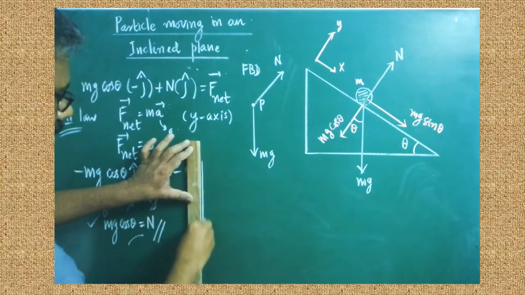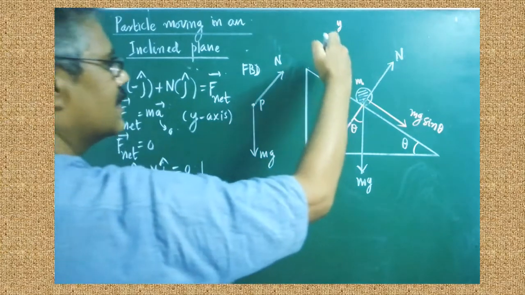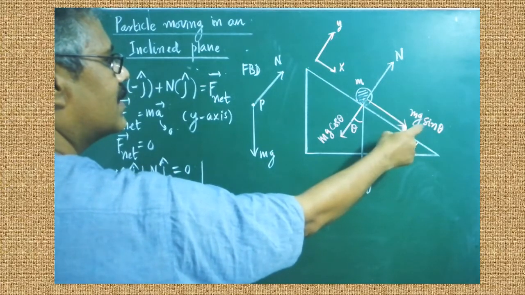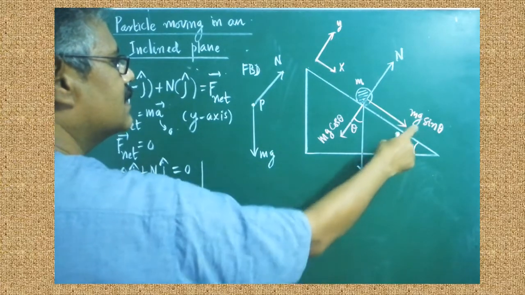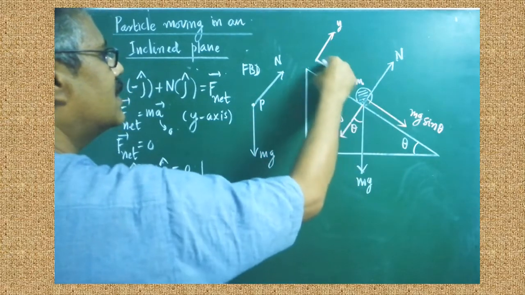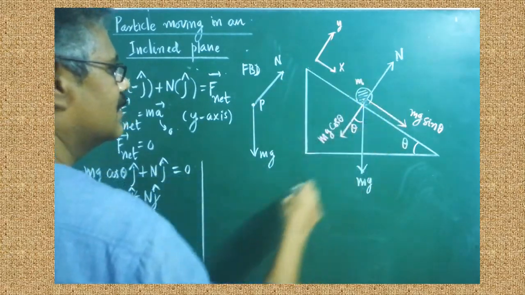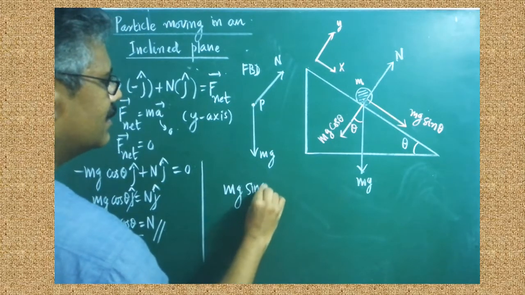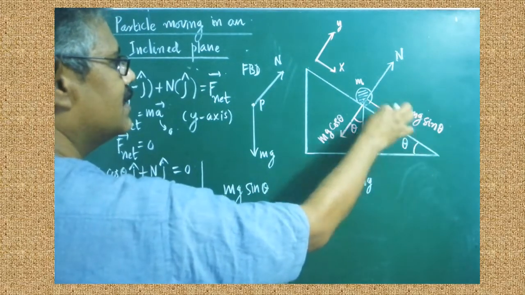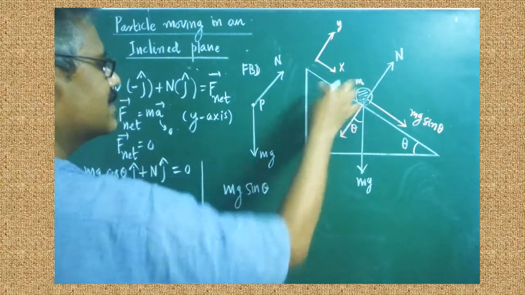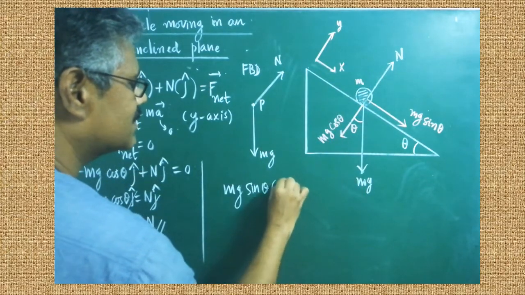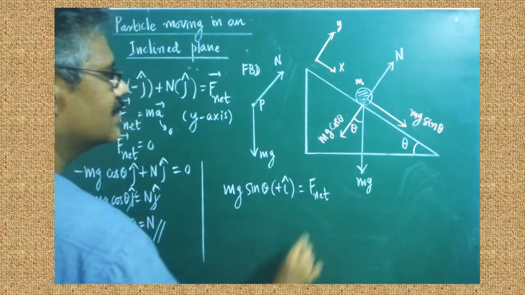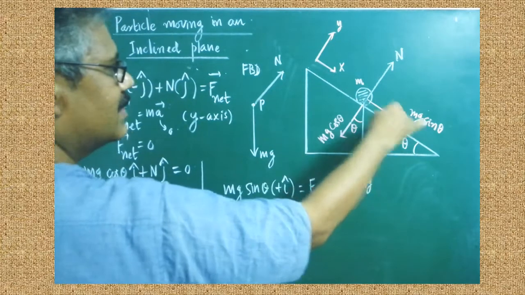Now we are going to learn, is there any movement along the x direction? Look at which component? The vertical component of mg is given. No, this is the vertical component. Look at the force along the x direction. Therefore I can write it as mg sin theta. This force component is acting in which direction? Positive x direction. Therefore we can write it as plus i cap. Is it clear? Are there any other forces? Nothing. This is the only force.